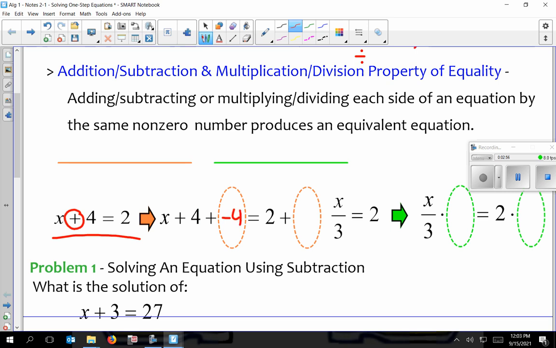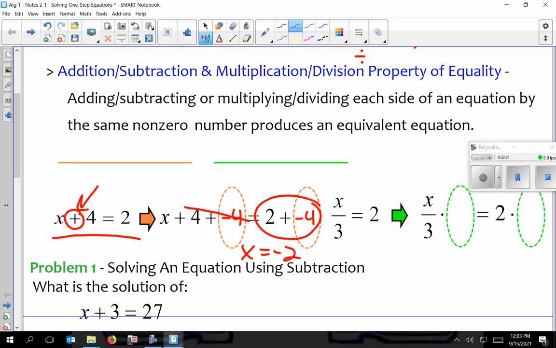So I'm going to undo the addition by subtraction, but in math, I have to always keep things balanced, so I have to do it to the other side, okay? What happens here, that goes away, you're left with x. Over here, I'm going to combine these two, I get -2,